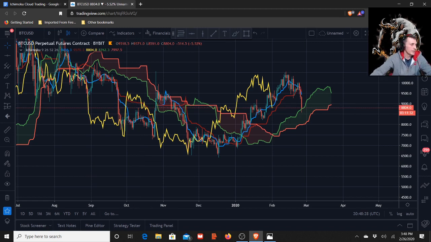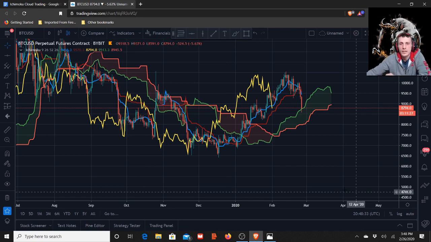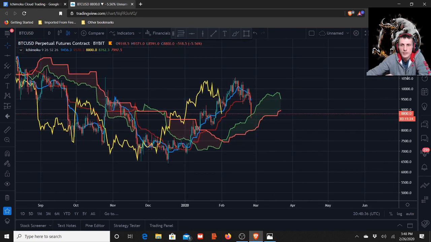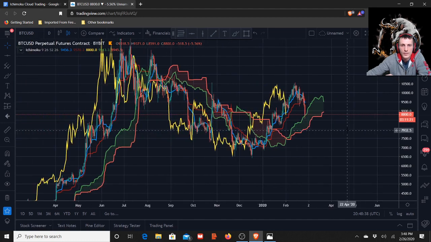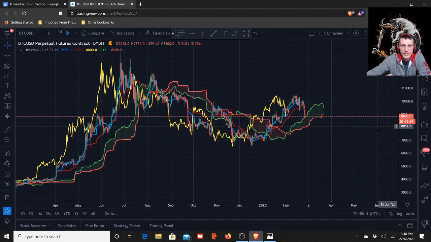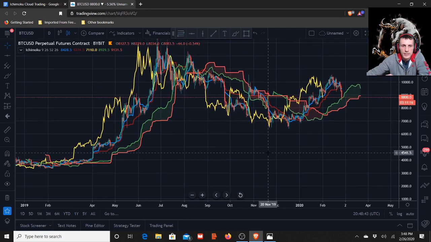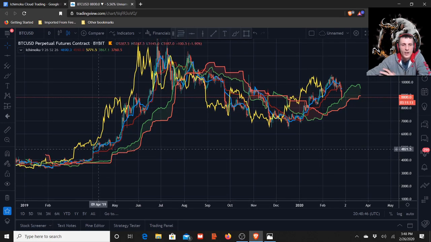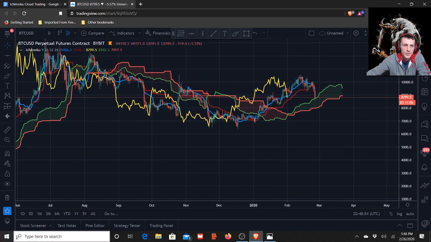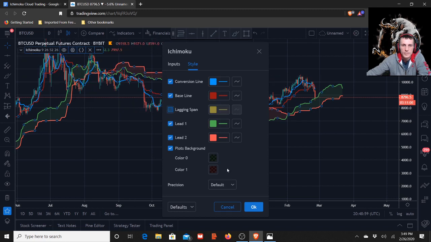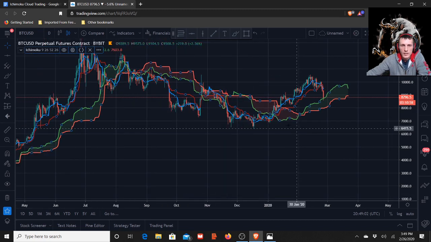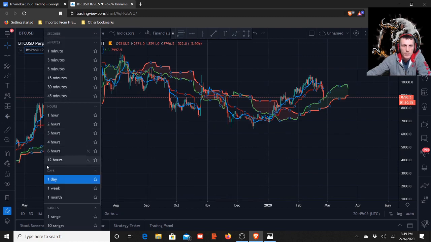Let me see. I don't trade with this too often, so I don't know too much to talk about other than the crossings, and this is what you want to be looking for. I'm going to take that lagging span line off of there. Try to find a good example of